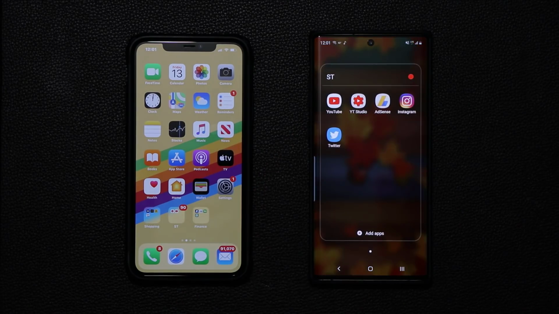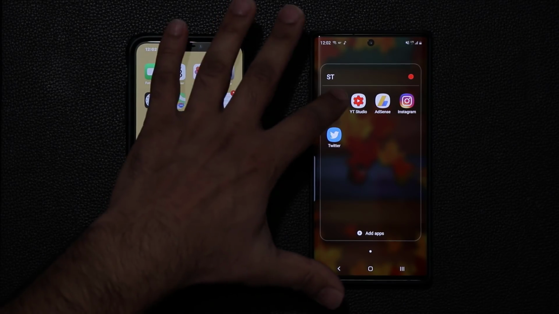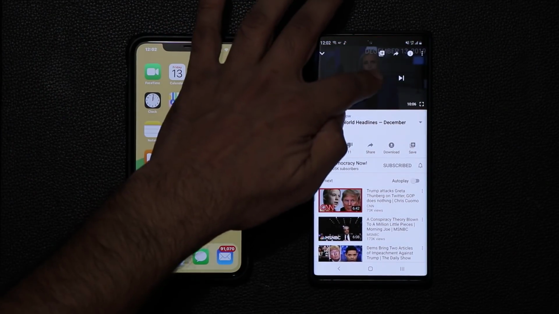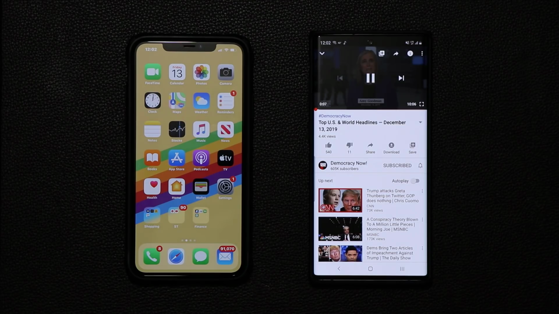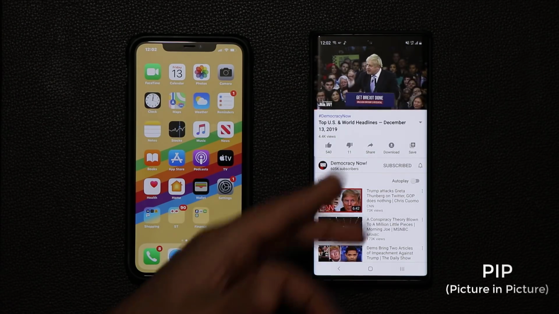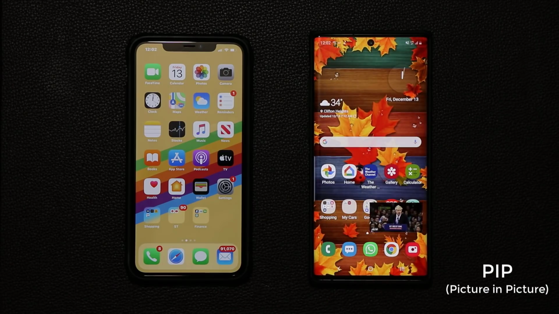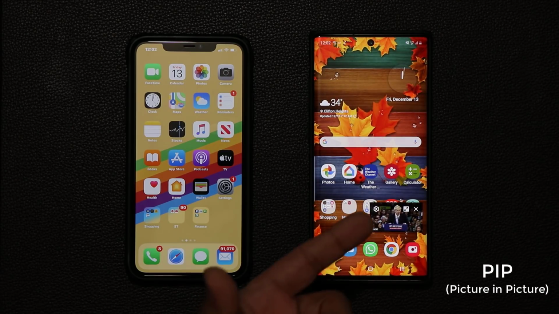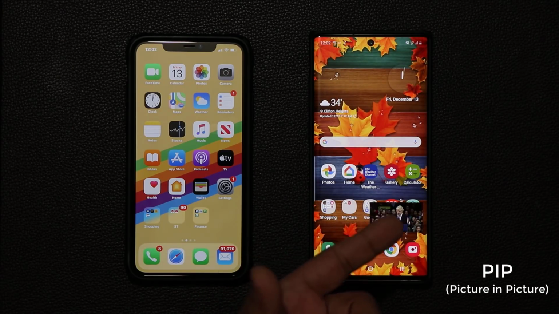So all of us watch YouTube all the time. So let me just launch YouTube. All right, let me just play a video. And let's say that I want to exit the video and do something else, but I wish there was a way to just continue watching the video as I am browsing the web or looking up something that I saw in the video. So if I tap on this button, the home button, the cool thing is with YouTube's picture-in-picture